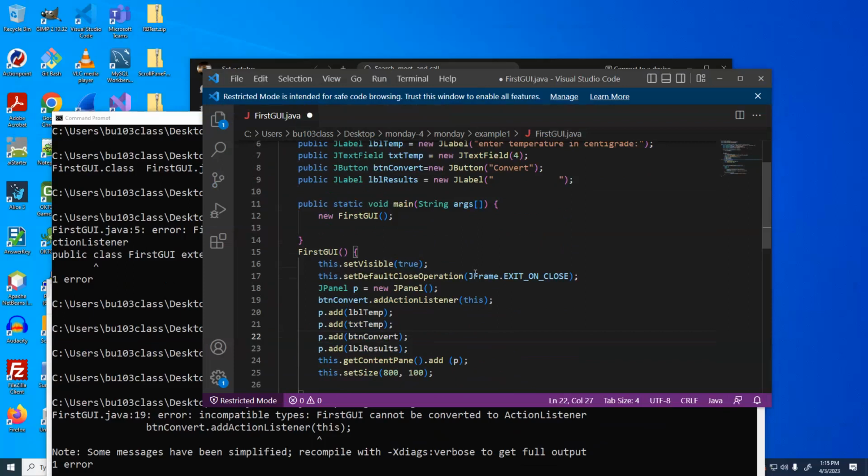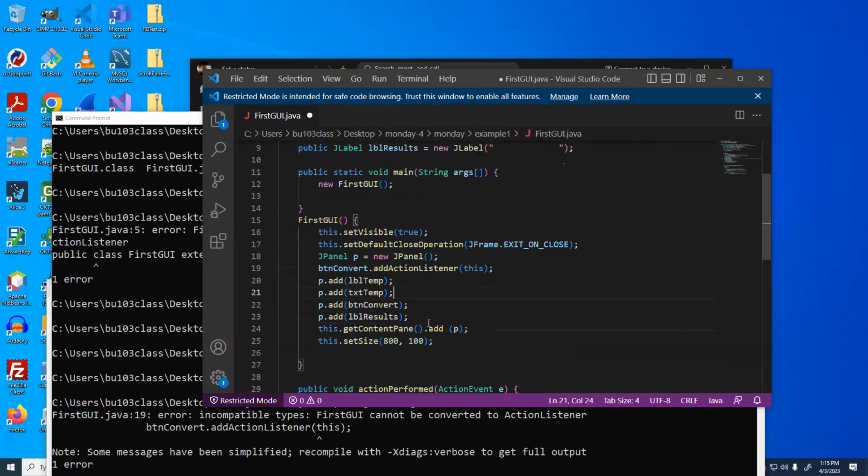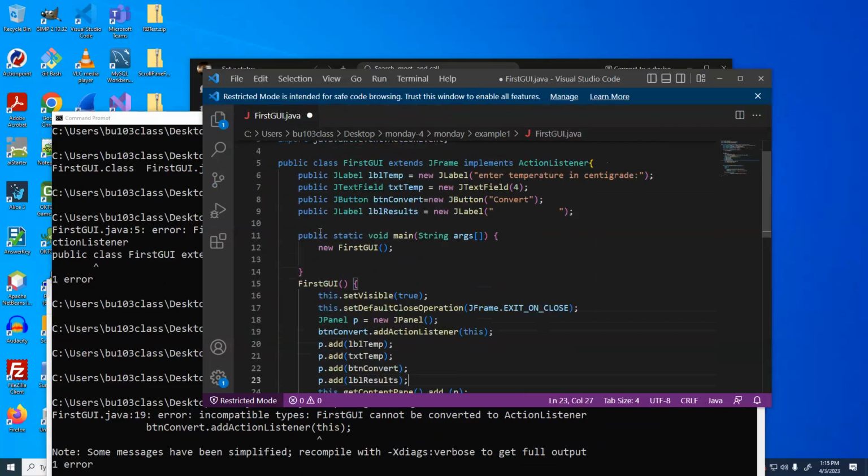So label temp, which says enter temperature in centigrade, is going to be all the way to the left on our panel. Then the text field for the temperature, then the button, and then the results label. If we don't do this,